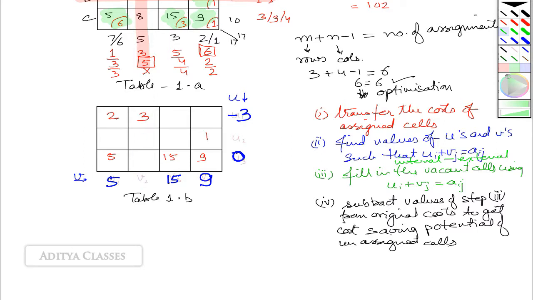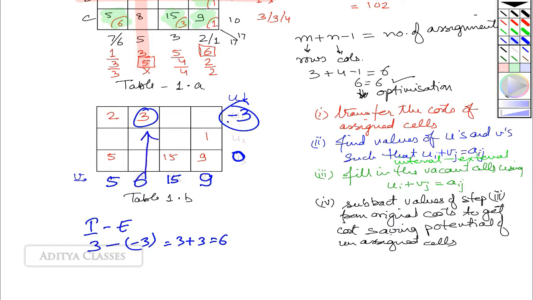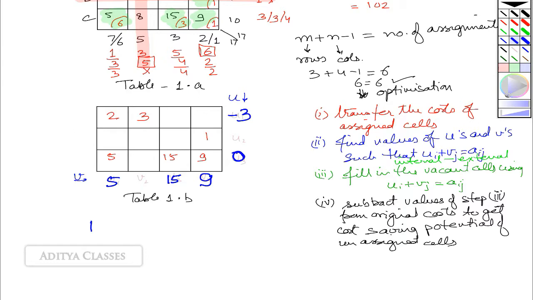Now let me jump to this 3. For this 3, what do I do? I have a minus 3. What should I put here? Not sure? No issues. We have our formula of internal minus external. Internal value is 3, minus external value of minus 3, giving me 3 plus 3, making it a 6. So I should put a 6 over here. So 6 and minus 3 would make it a minus 3. So definitely now I know how I can find out all these values. Let us just clean this up.